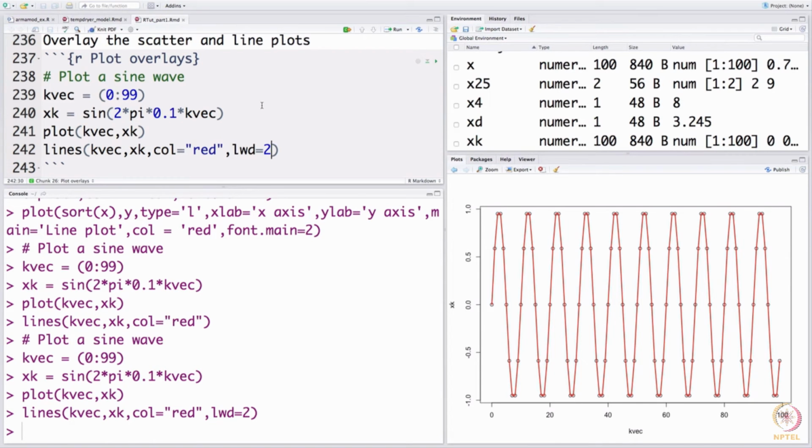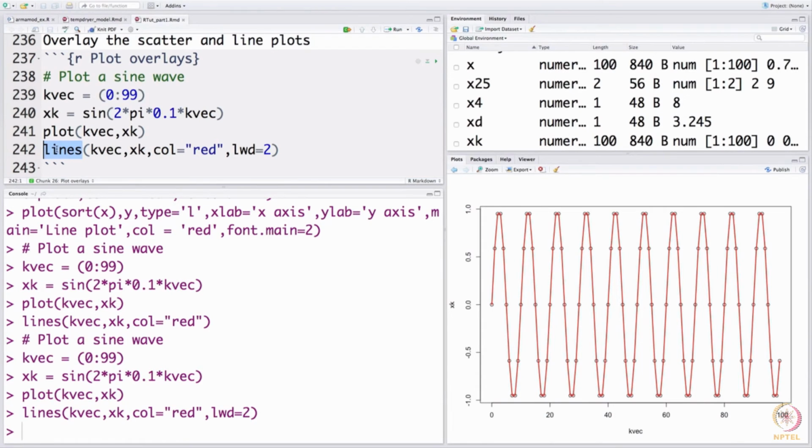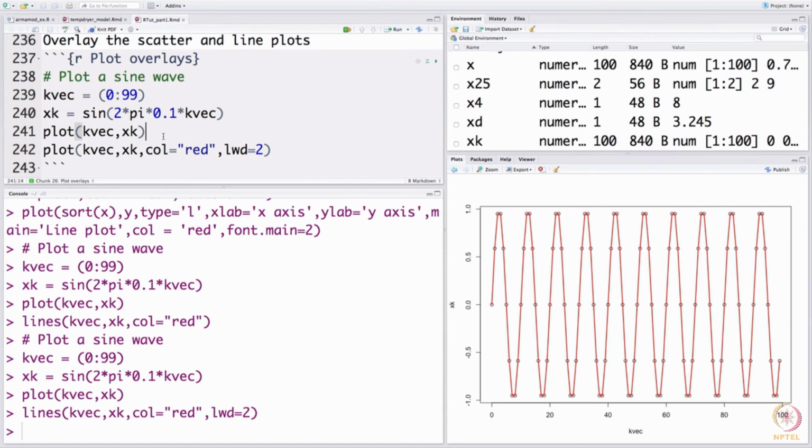But what you should observe, very importantly, is that I have used the plot command first, and then I have used the lines command. You cannot reverse this sequence. The first command that has to go out has to be a plot command, and then you can have lines and points for overlaying. On the other hand, if I were to replace this lines with a plot, unfortunately what would happen is it would not draw on the same plot, it will generate a fresh plot, or you can say essentially it will overwrite the existing.